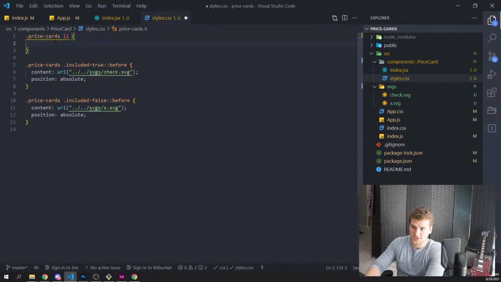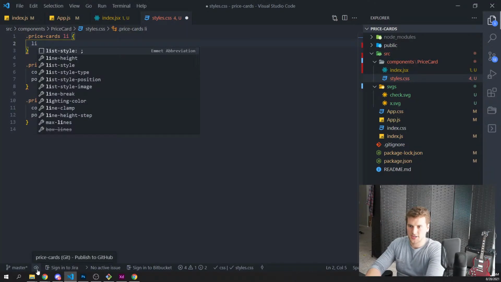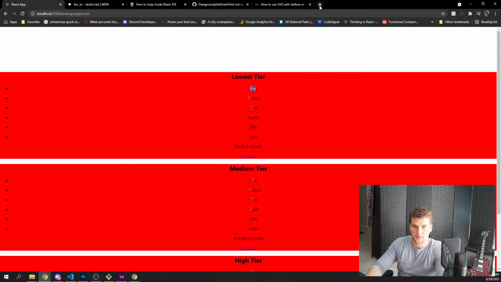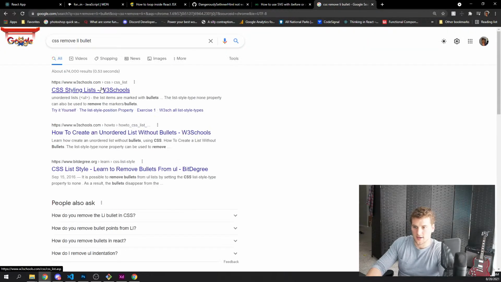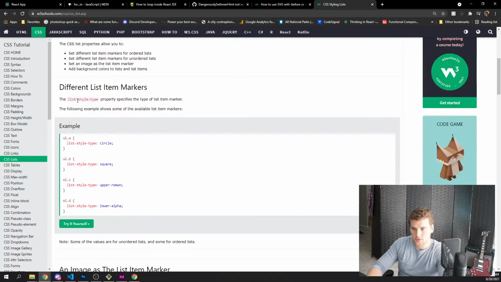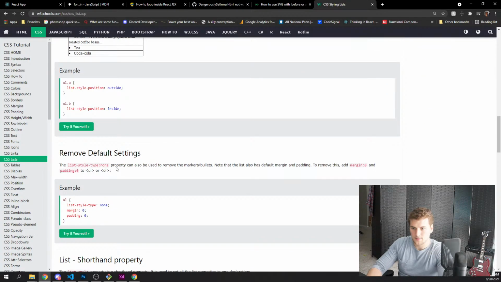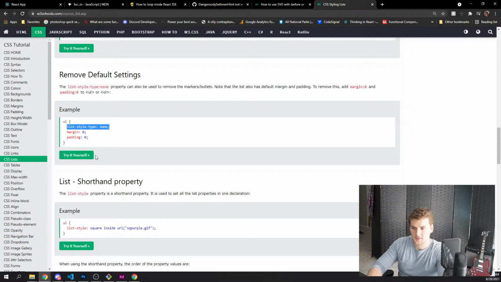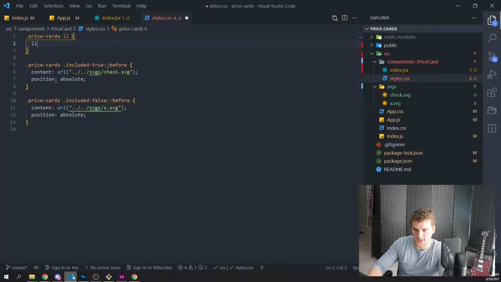the LI needs to have, what's the property I'm looking for that? Is it list decoration? Text decoration? CSS remove LI bullet. List style. Is that it? Yeah, looks correct.